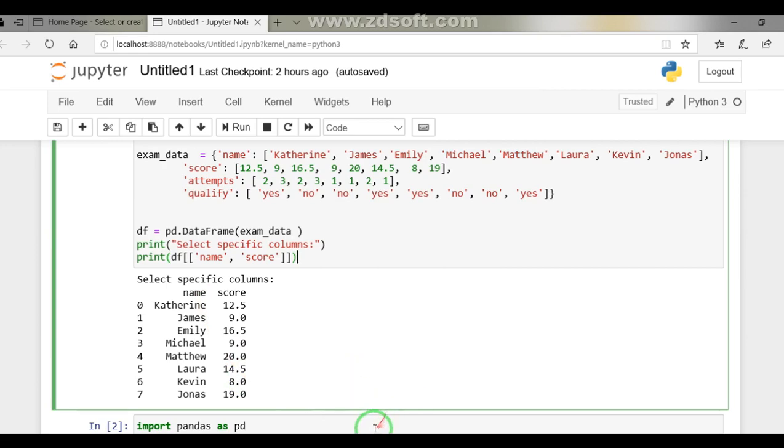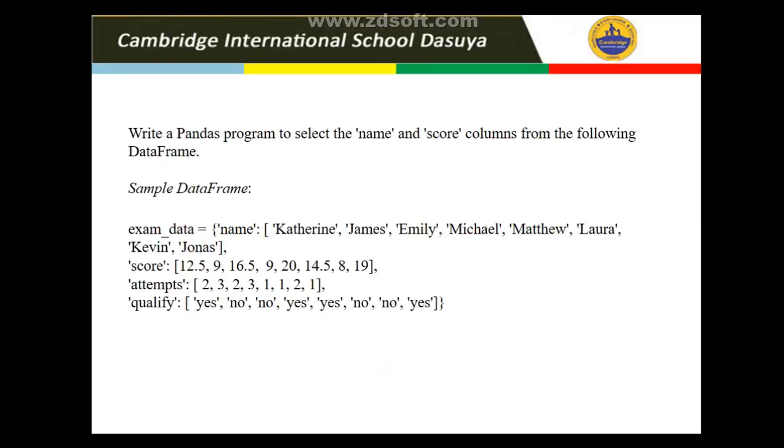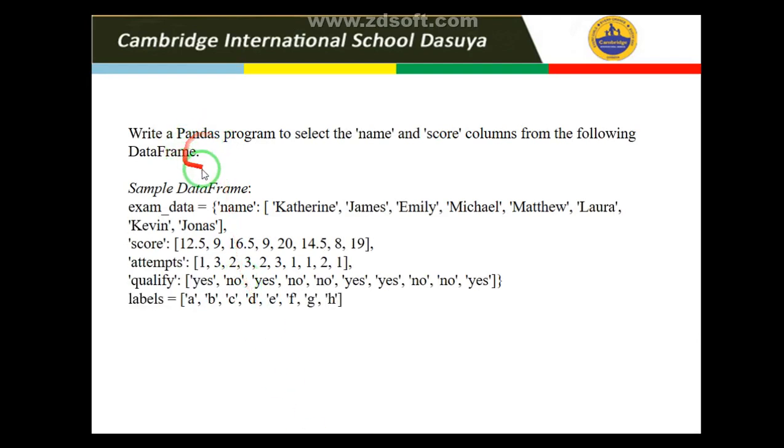So this is how we have solved this one. Next we'll be solving another problem. Dear students, I have picked a similar problem. You see here the question is the same. The question is 100% the same, name and score, we want to display these selective columns, and we have added another list, that is the labels. Now we want to label the information. Now see how the labels are used, that we will demonstrate with the help of the program.